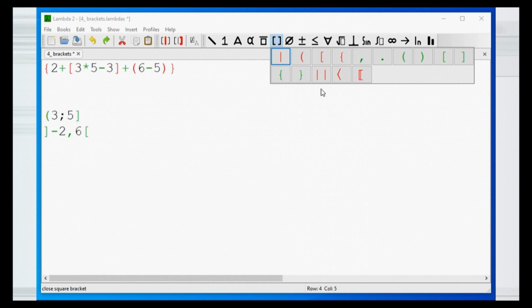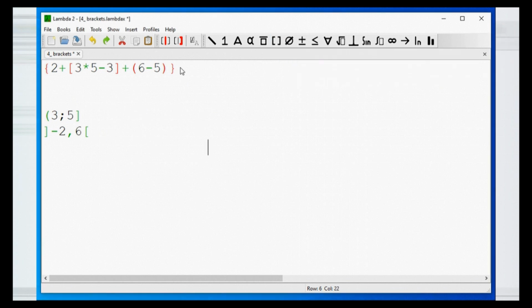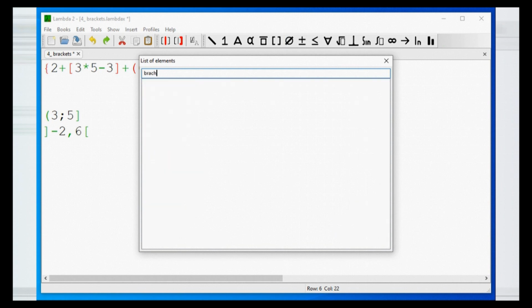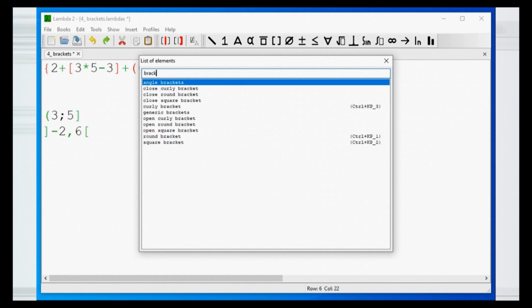For example, through the icons we find on the screen, or through the F5 key, which allows alphabetical search. We just have to type a few letters and we'll get a list of options. For instance, generic brackets, and they will appear like this. On the screen,